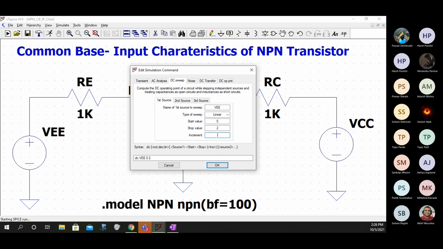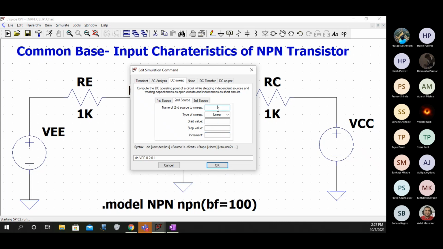So once you reach 0.7 you will get full conduction, so there is no point in writing 0 to 10 or 0 to 100. At 0.7 only you will get conduction, but you can have 0.2 volts, and then you can have 0.1.